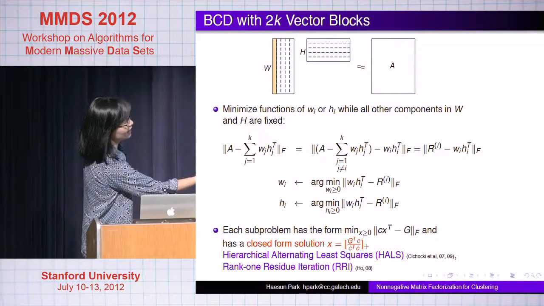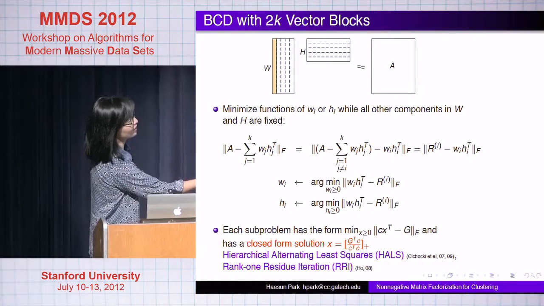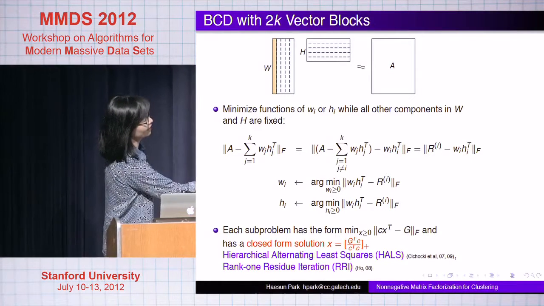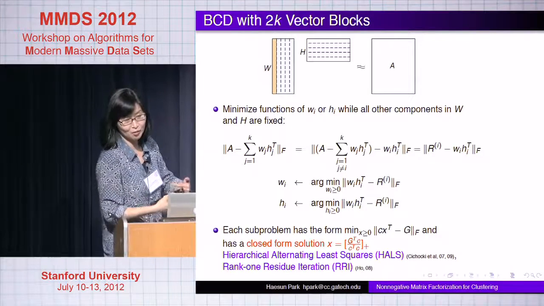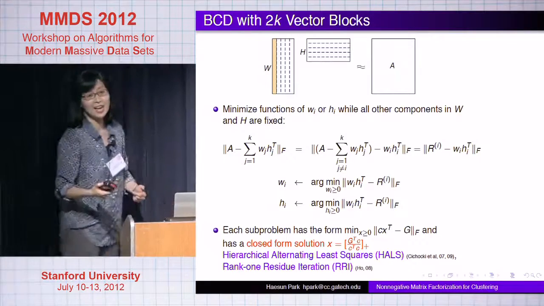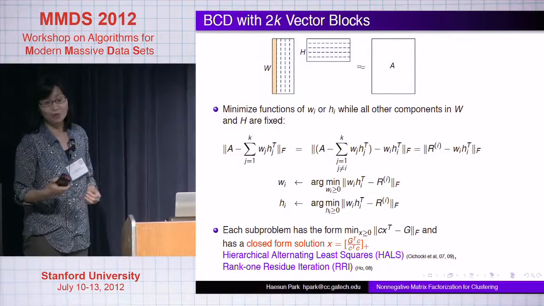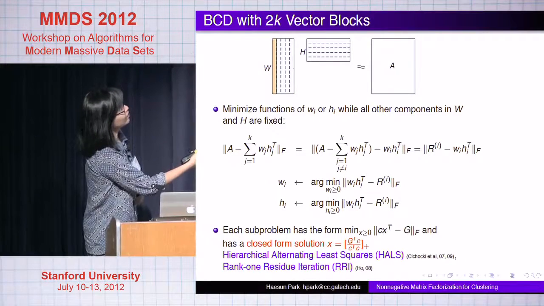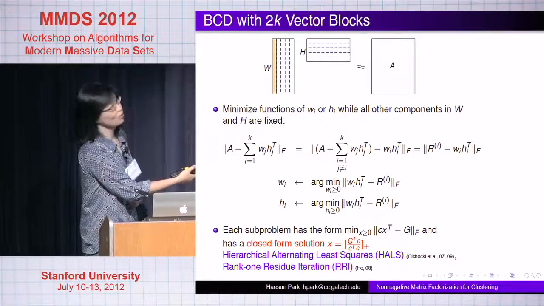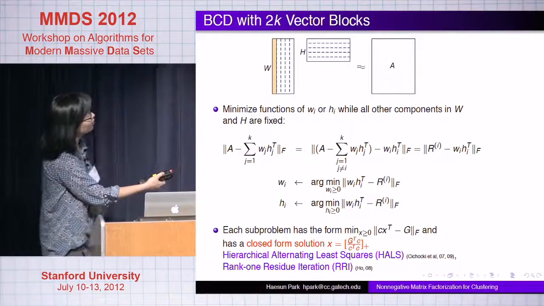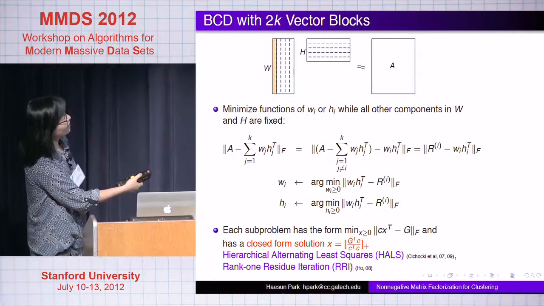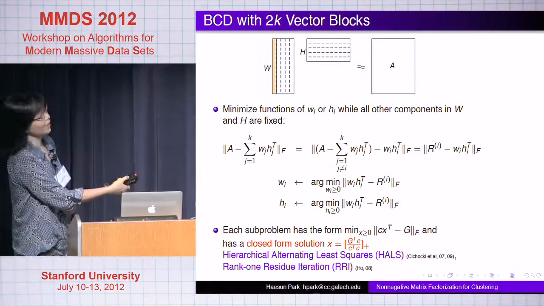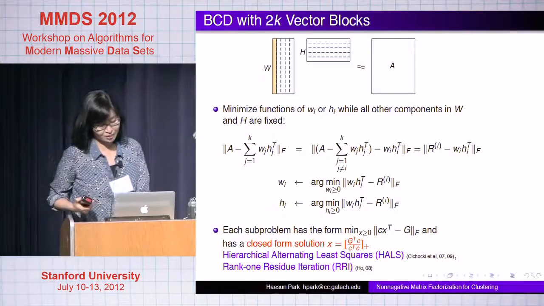So X becomes like this. But now there's non-negativity. What is interesting is, we find this X as if there's no constraint, and if X has any negative component, just set them to be zeros. And that's not just an ad hoc fast solution. That is really the solution in this case. So each sub-problem has a closed form solution. This iteration was proposed as hierarchical alternating least squares and rank 1 residue iteration by two different groups